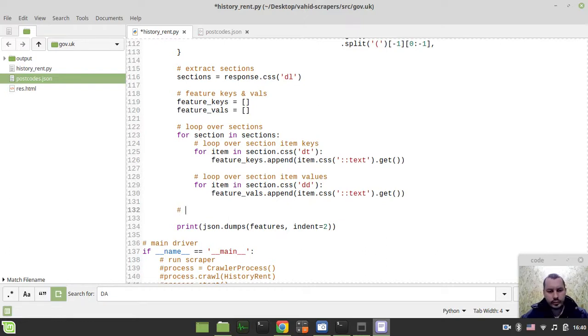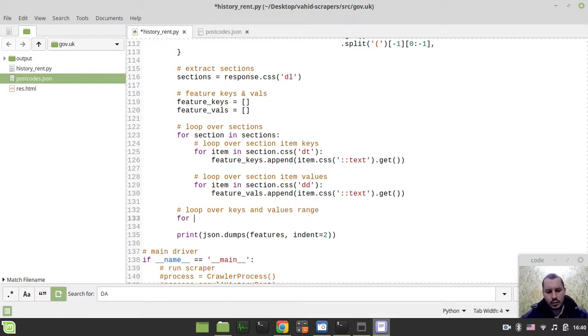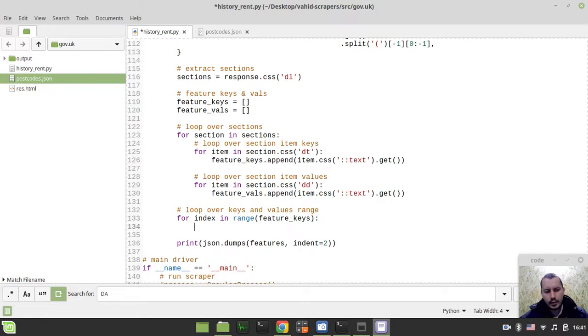Okay, now loop over keys and values range. So for index in range, no, not from, just okay, let's take feature keys here. The data structure should be fine every time. Over the range of feature keys,